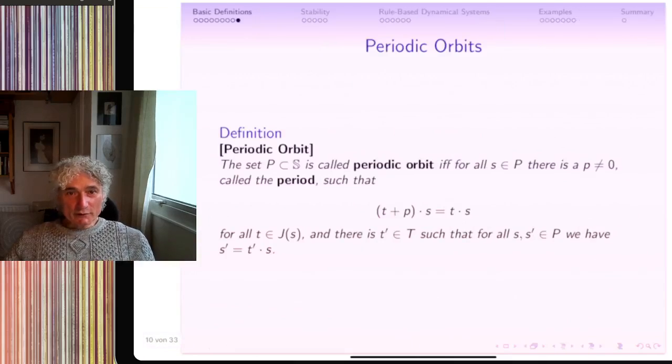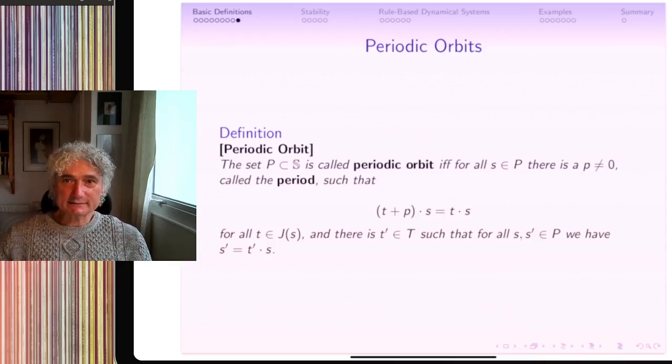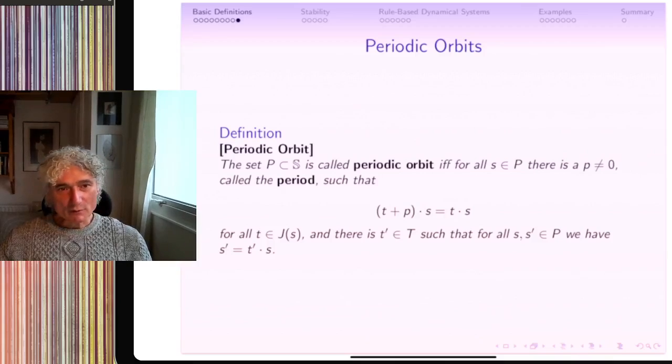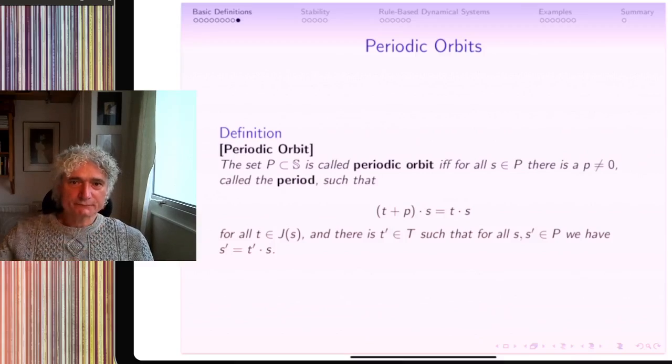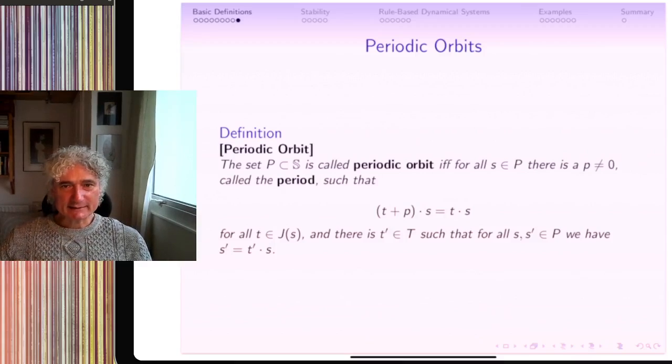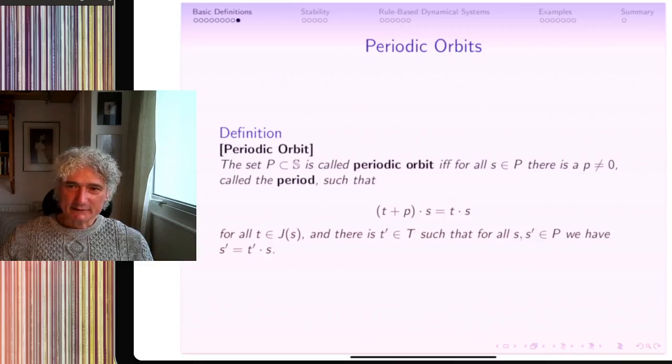A little bit more complex constructions are periodic orbits, and they are also, of course, very relevant in mathematical modeling for all kinds of periodic processes. So we say the set P, a subset of the state space S, is called a periodic orbit if and only if for all s in this orbit P there is a small p not equal to 0, which we call the period, and such